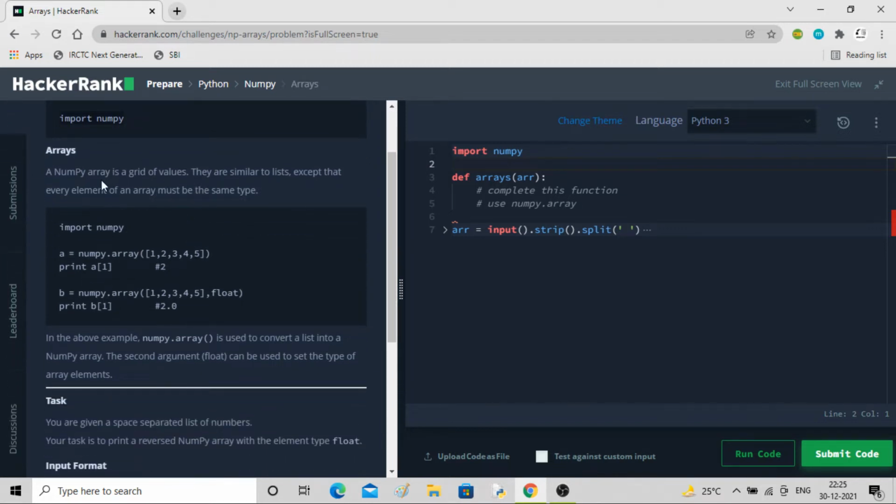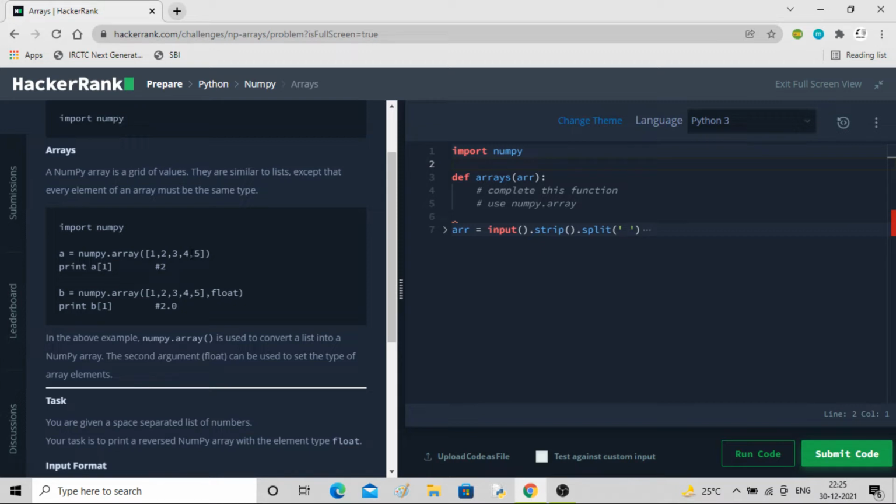Now arrays, you are already aware of. A NumPy array is a grid of values. They are similar to lists, except every element of an array must be of the same type.